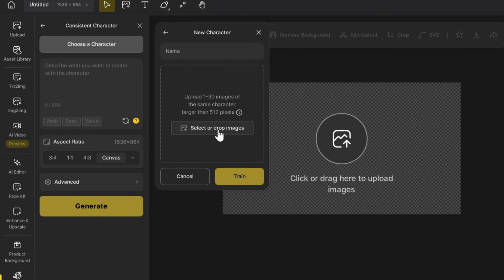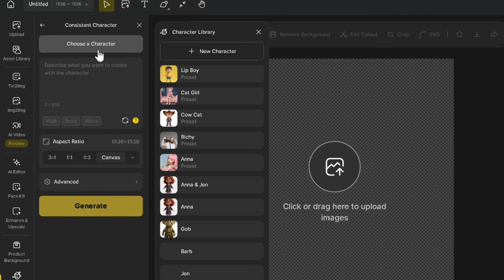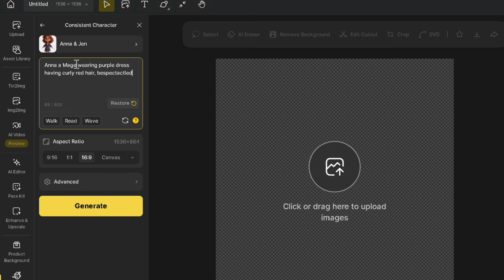but in order to create story scenes with multiple characters, pick any two characters and train a model while dropping the pose images of those two, like I have done here, adding both their names separated by and. Now select the model and you must add the character name and description as given in the trained models, first of Anna followed by the desired action,